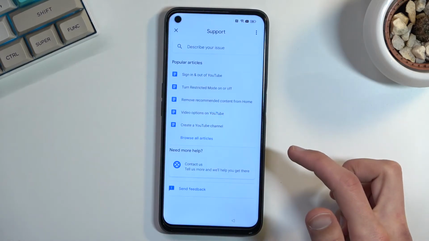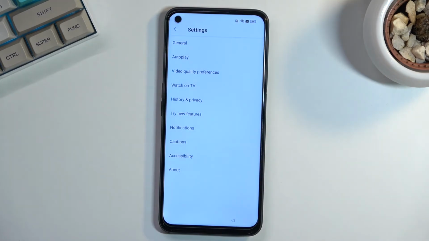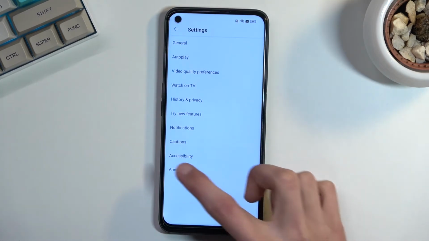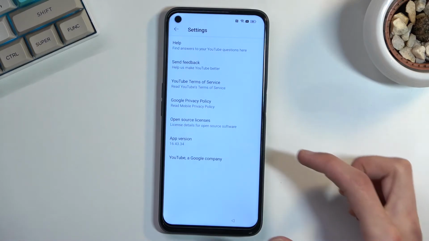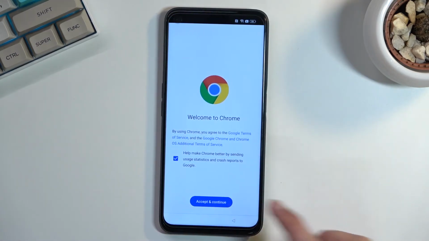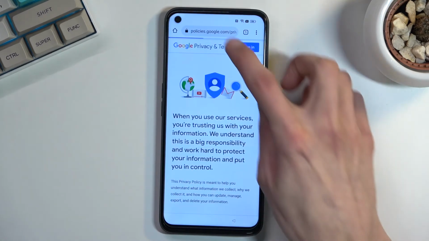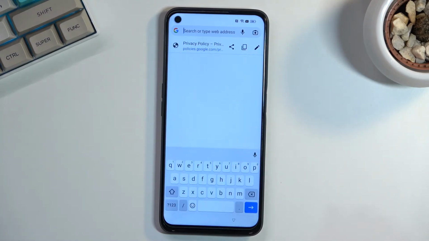Nope, I missed a button, so let's try it again. Settings, there we go. In here, we're going to go into About, and then Google Privacy Policy. Select Accept and Continue, and No Thanks. And from here, we're going to tap on the search bar at the top and type in